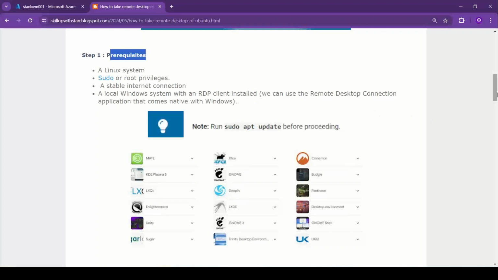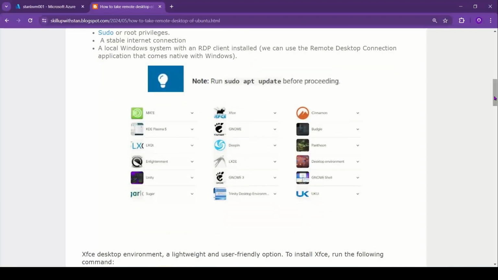So there are a variety of graphical console or desktop options available in Ubuntu, or many Linux flavors for that matter. A couple of them are very popular and available across different Linux flavors, like GNOME. GNOME has multiple versions, and there is KDE, and there are many other tools. There are close to 18 tools listed here, but there are many more than that. So these are the popular ones that I've listed. You can install any of these desktops on the Linux flavor that you are planning to take RDP on,